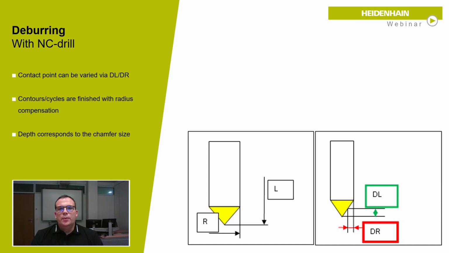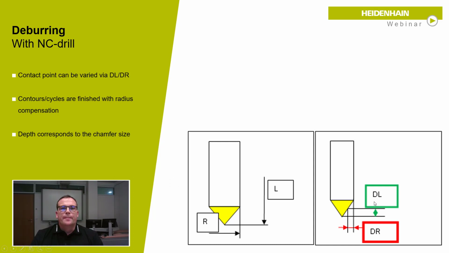So here you see the example. The tool is measured in the length at the theoretical tool tip, and the radius, the biggest radius of the tool. So normally the control will lead the corner here. But there you can see there is no cutting material. The cutter is here at 45 degrees. And so we just use the delta length and the delta radius to bring the leading point to the cutting side here of my